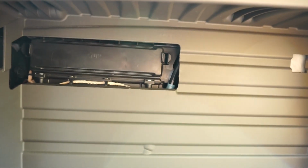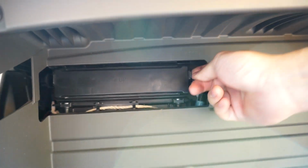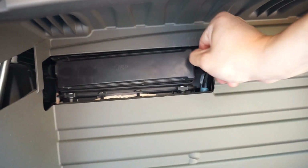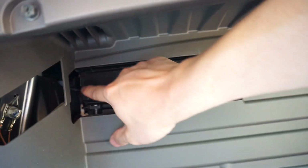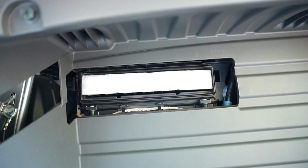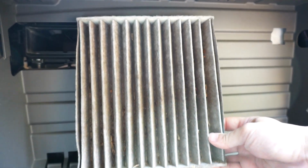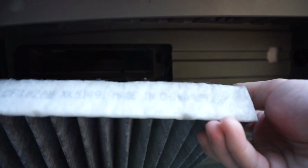Now under here, this is where the cabin air filter is. We're going to push on one side and then the other. And this door should just open right up. We can slide out the cabin air filter, and this one is pretty dirty, but we would just grab our